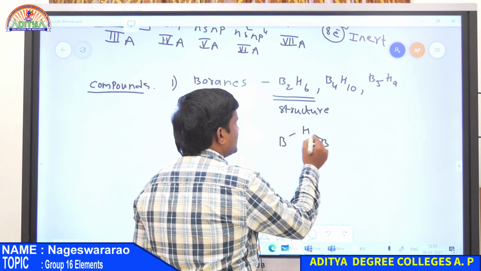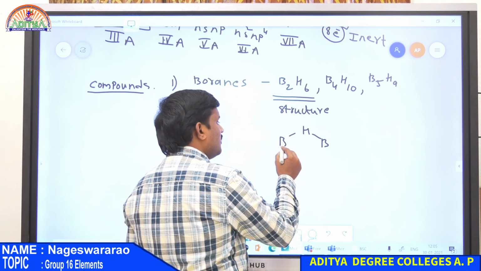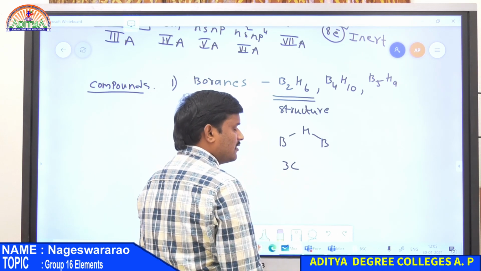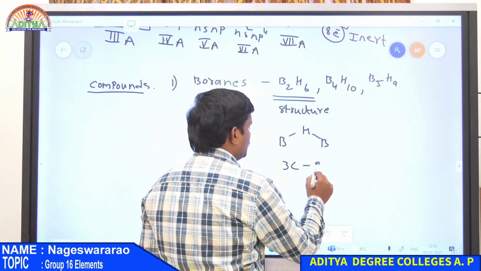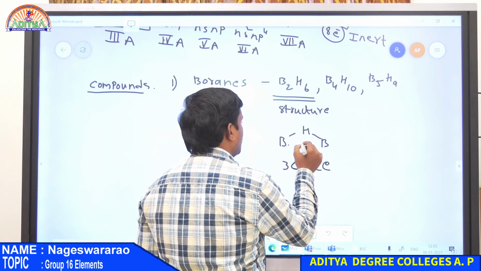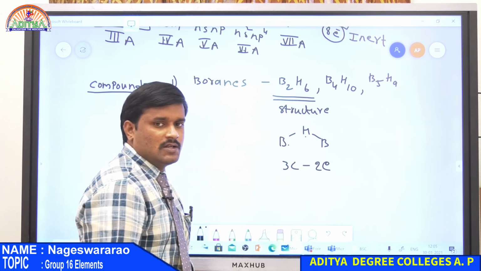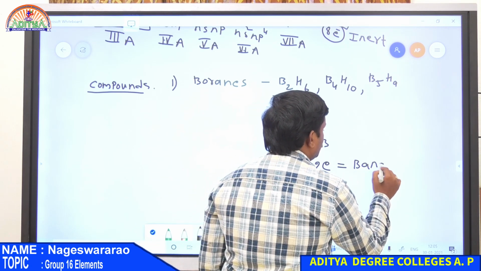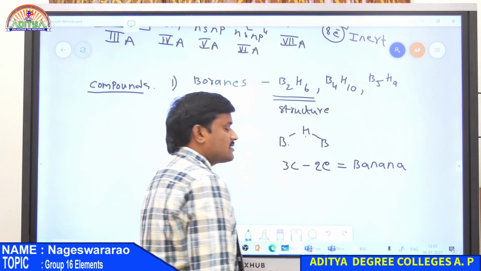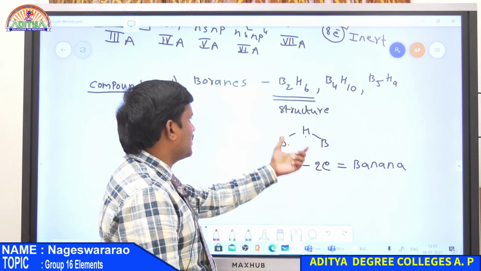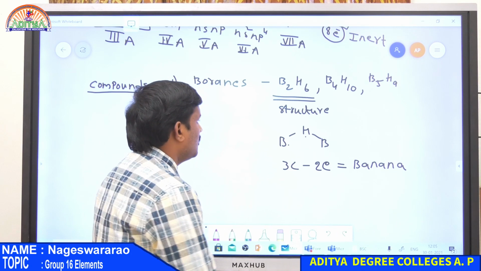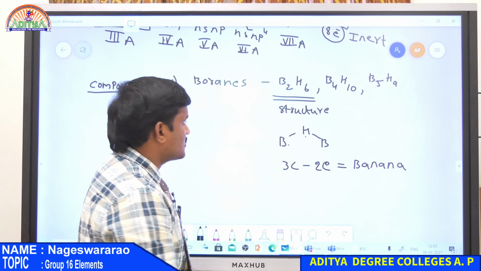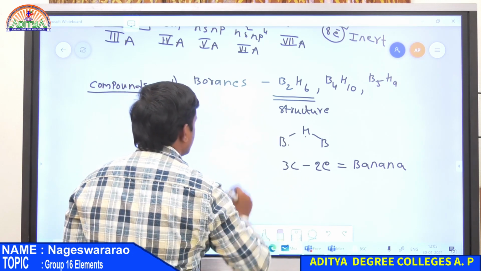This is a 3-centered bond. So here overlapping between boron, hydrogen and boron takes place. So here 3 centers are involved in this hybridization but only 2 electrons, 1 electron at boron and 1 electron at hydrogen. So this type of bond is nothing but a banana bond or a 3-centered 2-electron bond. So this is a different bond. This is only observed in the case of boranes. So the structure of diborane and also tetraborane as well as pentaborane, we discussed all these in the heading of boranes.